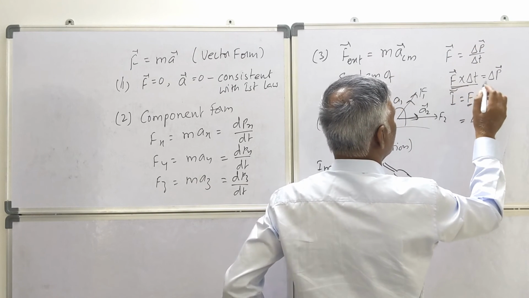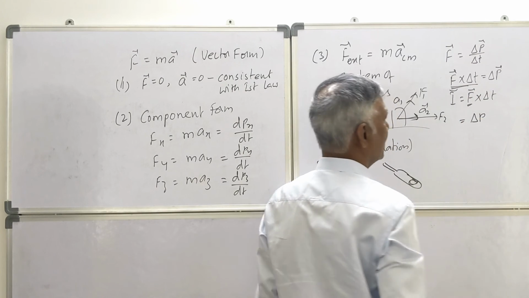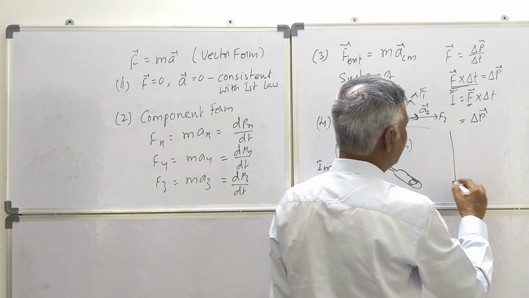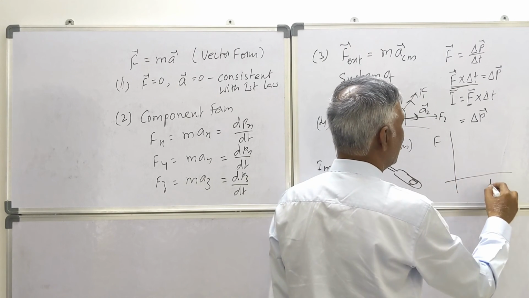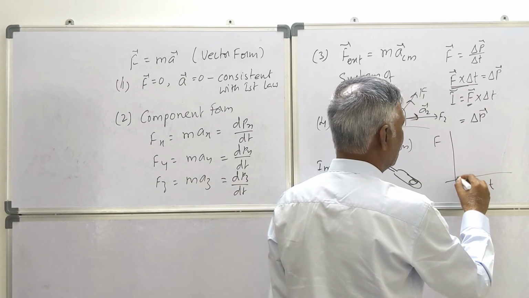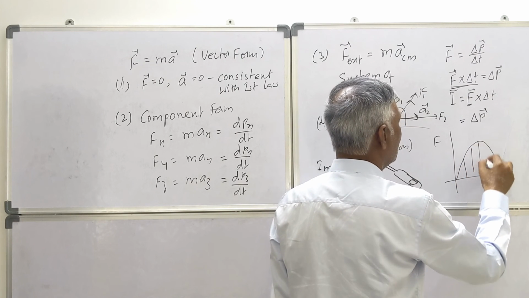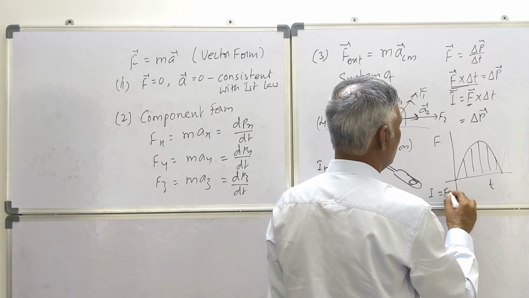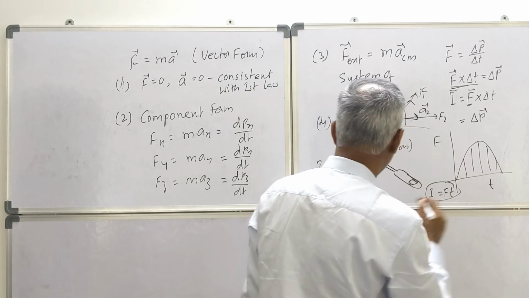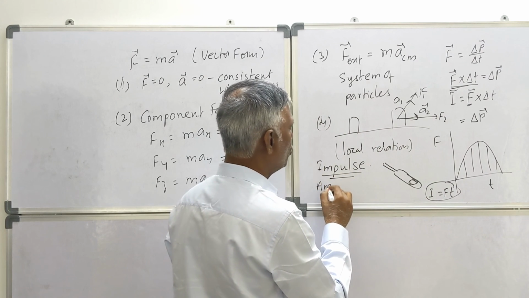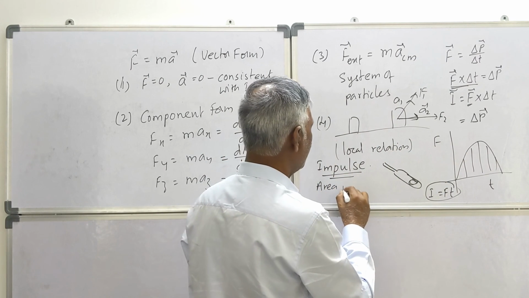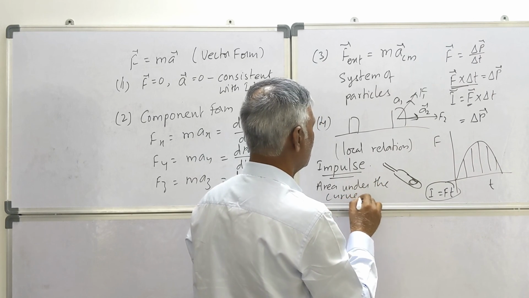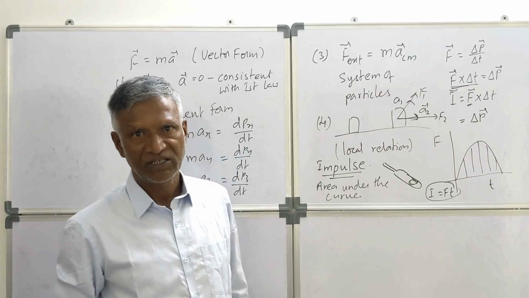Okay. Impulse is also a vector quantity. ठीक है. So this you should remember. Suppose if you are having a graph between F versus time, whatever may be the graph, the area under the curve will represent in this time interval is I. I is equal to Ft. Area under the curve, impulse also. Force versus time graph दिया तो area under the curve is nothing but impulse, ये भी ध्यान में रख लीजिएगा।